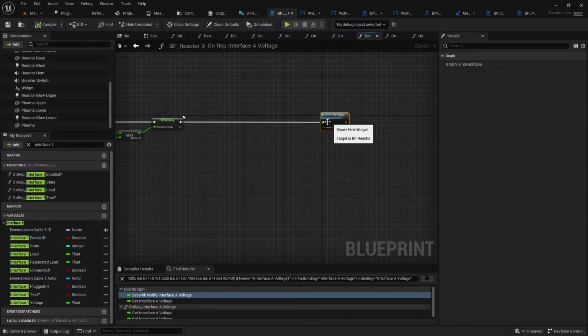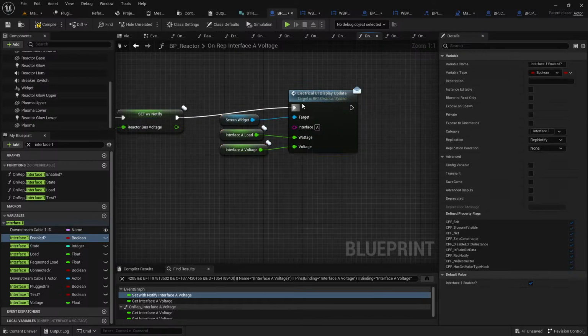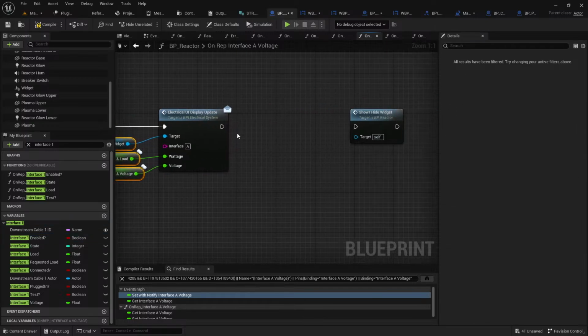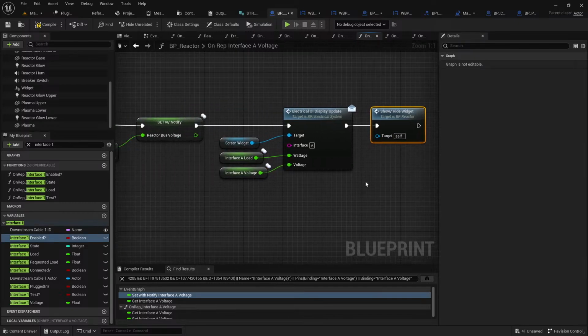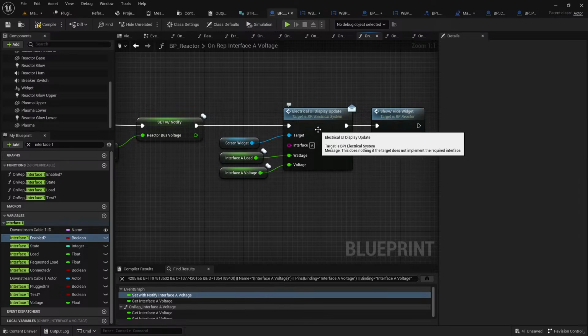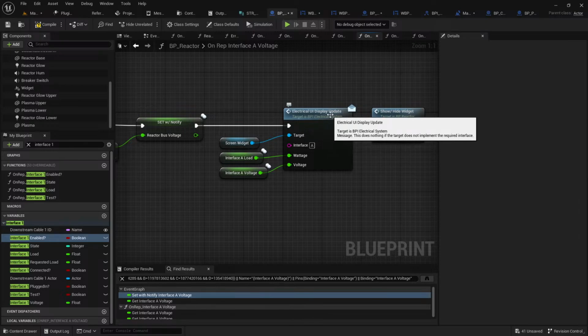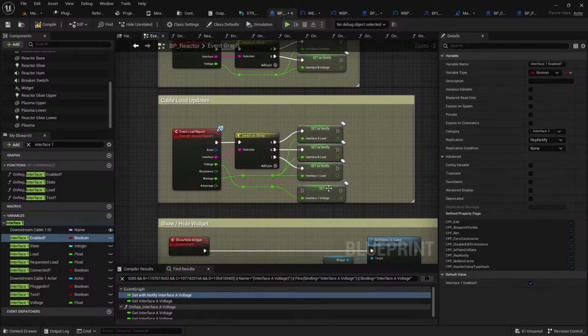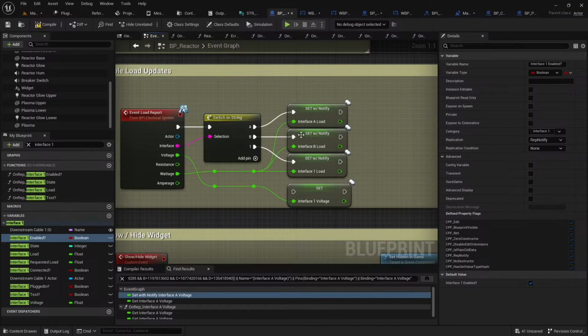No, we do. No. We do want that because that's the inbound from the cable. So yes, we do want that to update the UI. Yeah, I'll leave that as is for now. But these ones do need updating, so